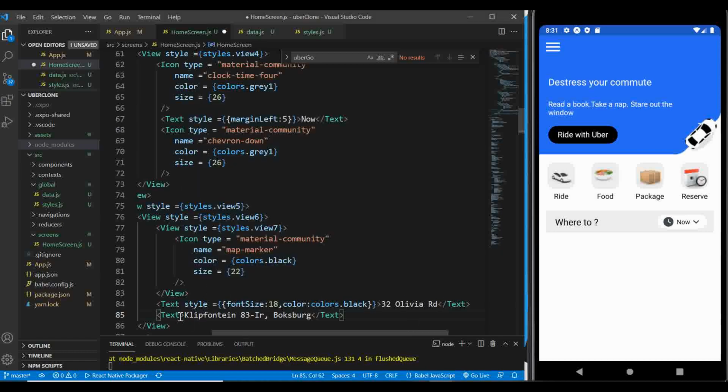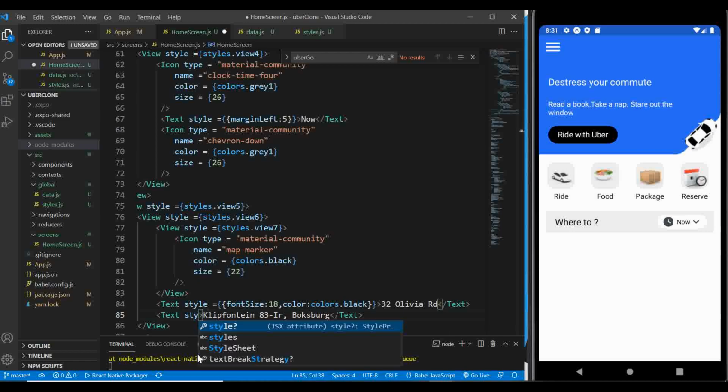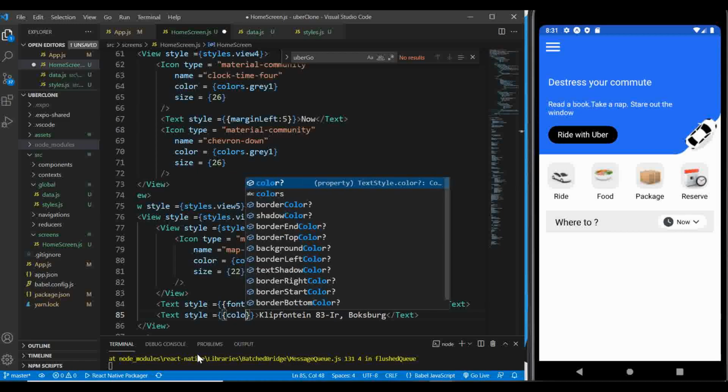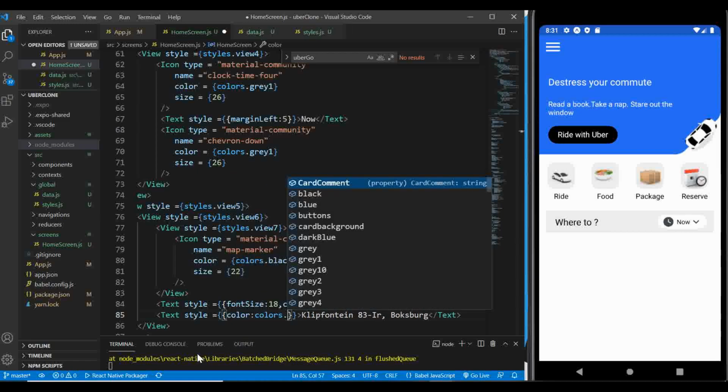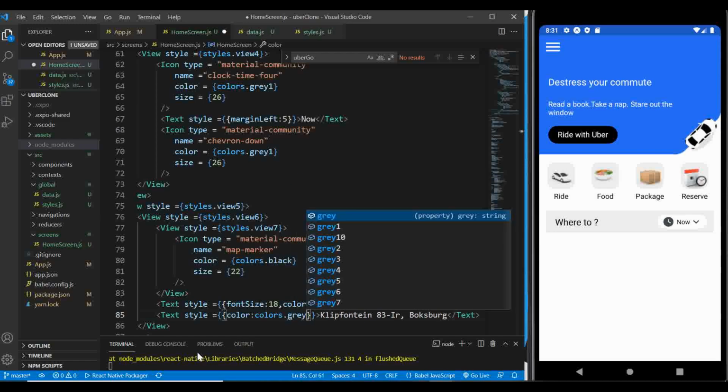So you paste that, and here you also pass some stars to it, and the star that we're going to pass here is a color prop, which is going to be colors.gray, grade 3. Okay,